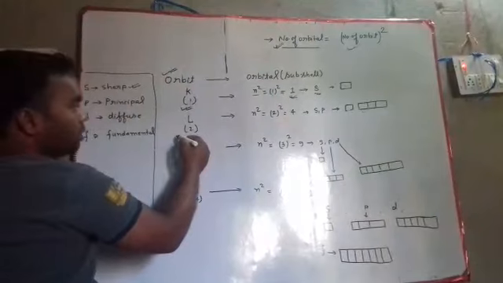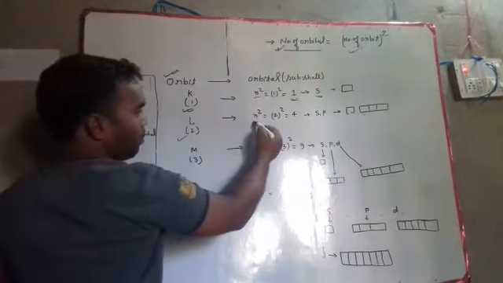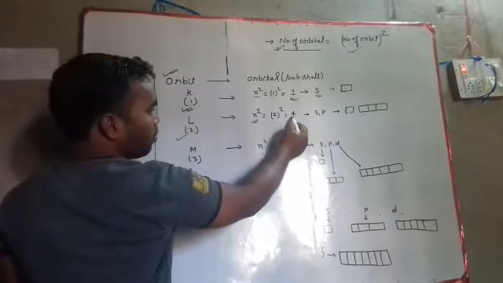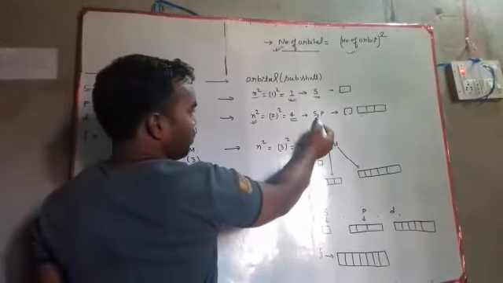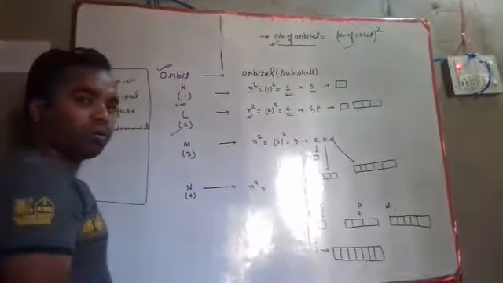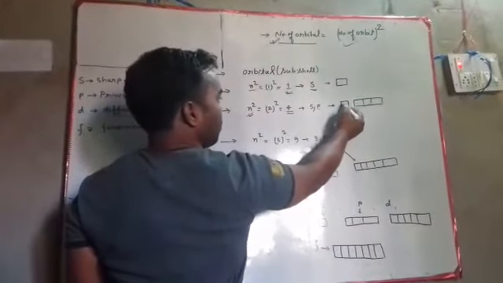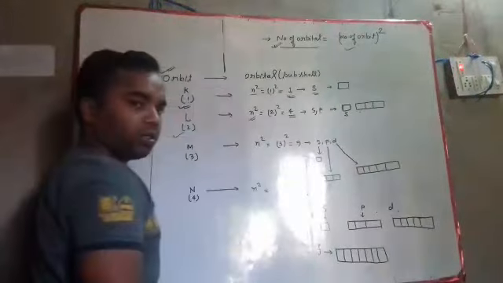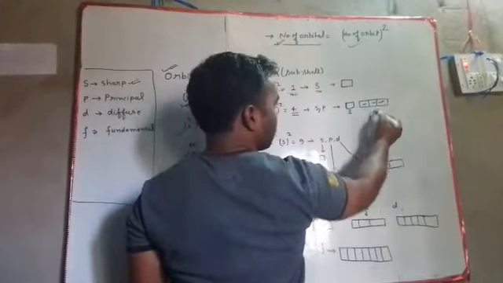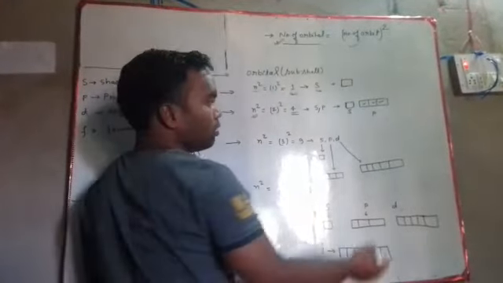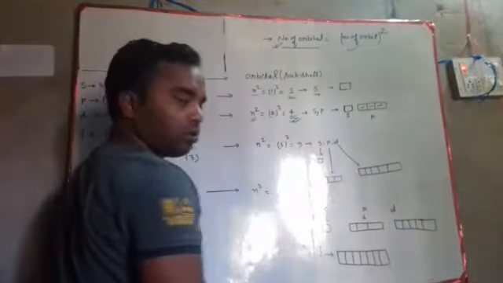Now the second orbit, that is L, according to Niels Bohr, the number of orbitals will be n square, that is 2 square. 4 orbitals will be available in this orbit, that is S orbital and P orbital. Now we will draw the number of boxes. How many boxes can you see? 1 box for S orbital, and for P orbital you will have 3 boxes. So how many orbitals can you count here? 1, 2, 3, 4. The result will be 4.